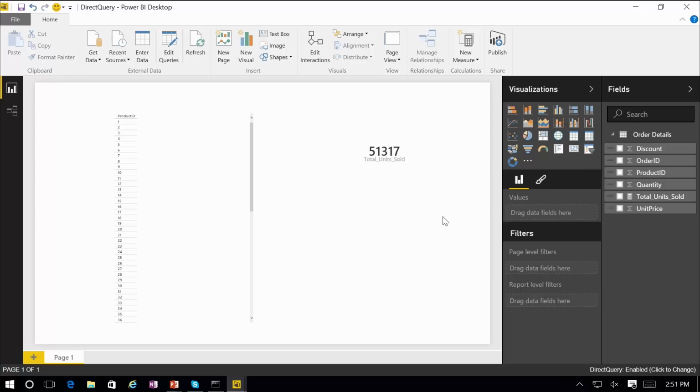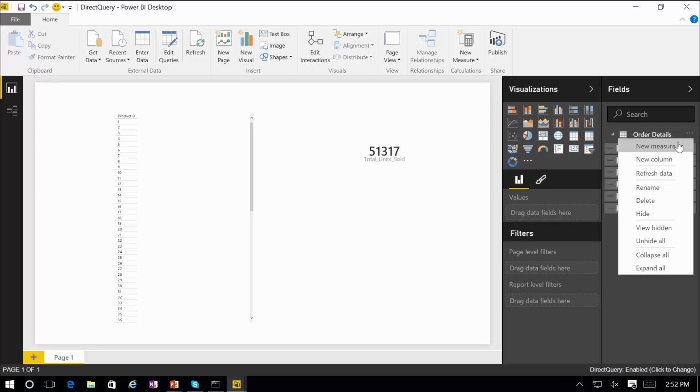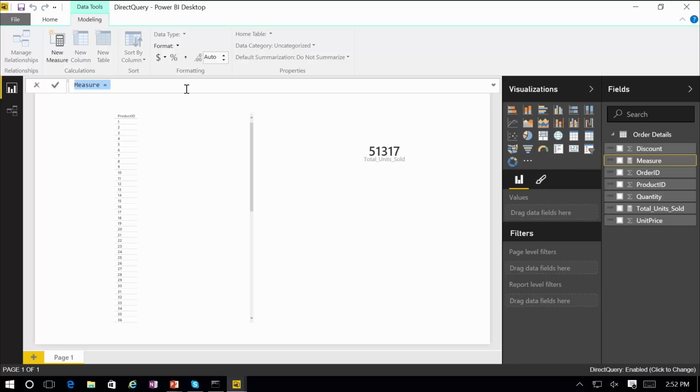Something that could be really expensive could be a total year-to-date calculation, and that's something we explicitly disabled. So let's try to create that new measure, say total year-to-date units sold, and let's type that DAX function, which if you're familiar with it is TOTALYTD. So you see that it is not recognized. This is why this type of measure, which we're calling unrestricted measures, is not enabled by default